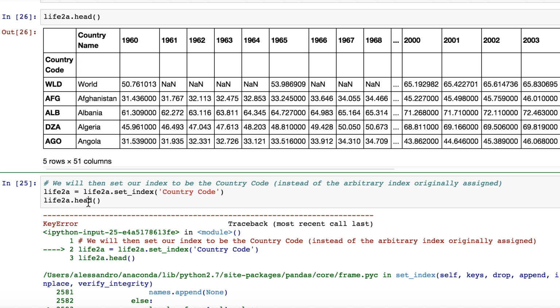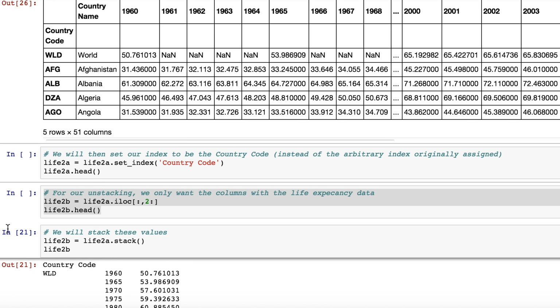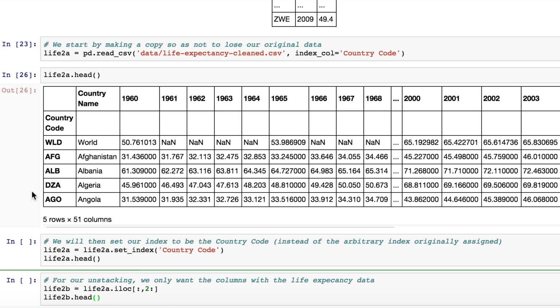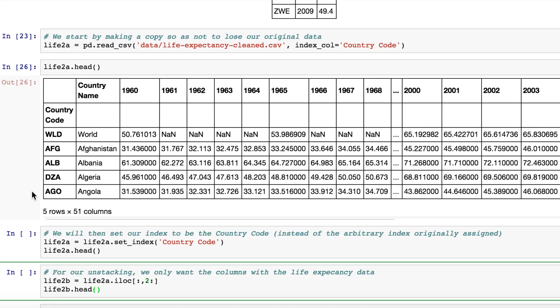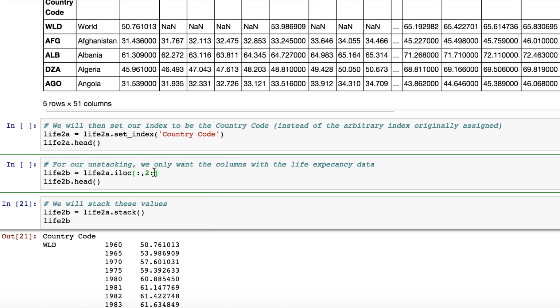So I'm going to clear results. Okay, so clean that up a little bit. So now what I have to do is, because I have this column that I don't want, I'm going to have to skip over it. So the way I'm going to skip over that is I'm going to